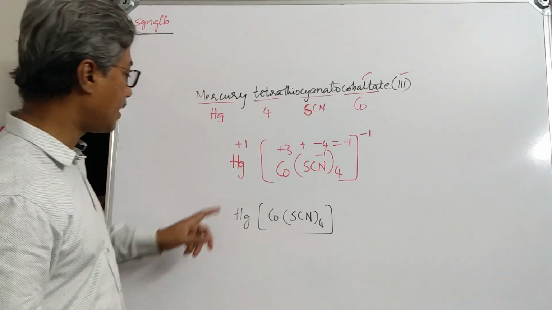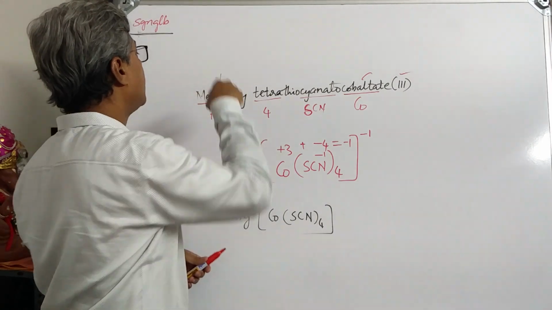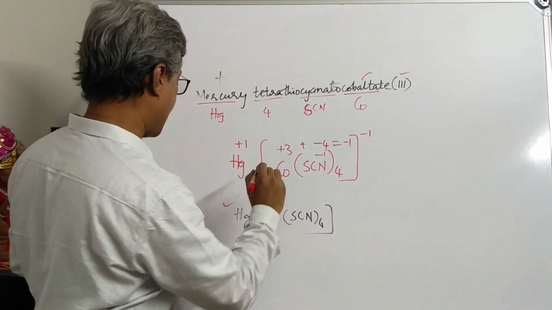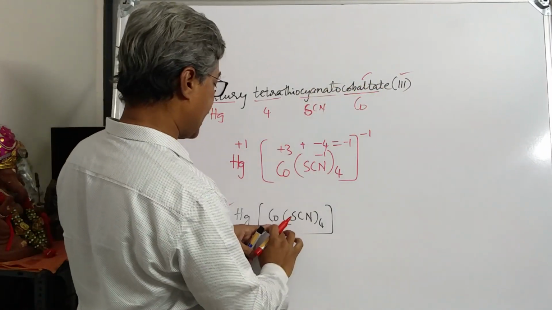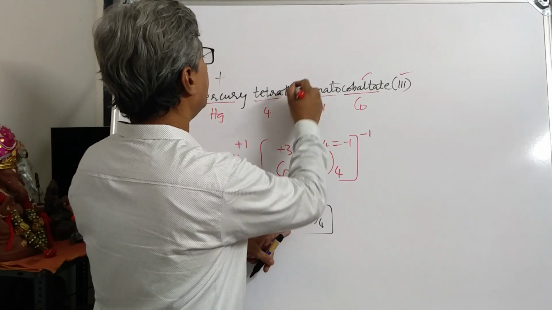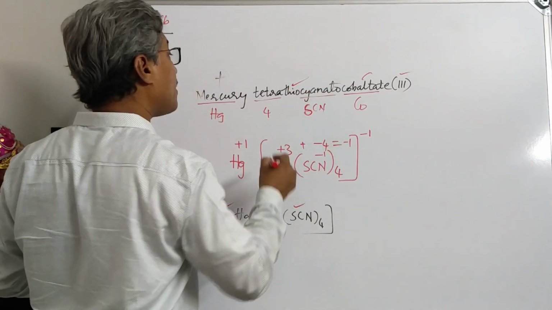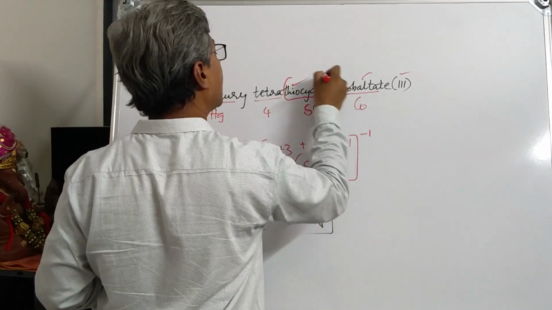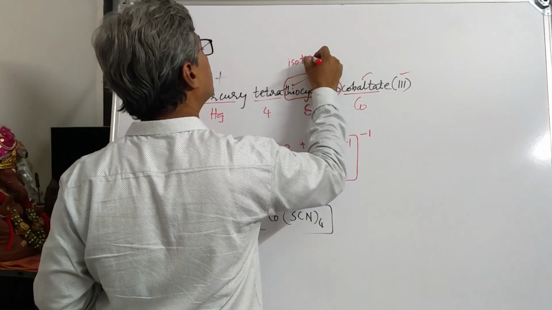Just look at the formula and the name. See here, mercury is positive, so it is written first. Then cobalt, yes, cobalt is there. Thiocyanate is there. How many times? 4 times. Clear? Then the problem is, instead of thiocyanate, if it is written as isothiocyanate,